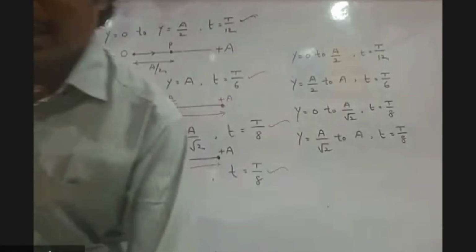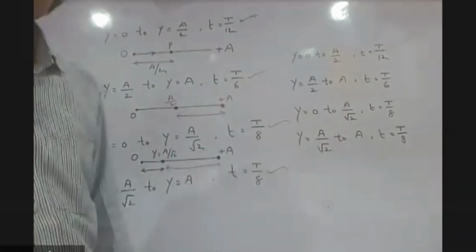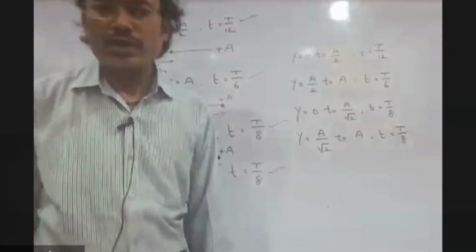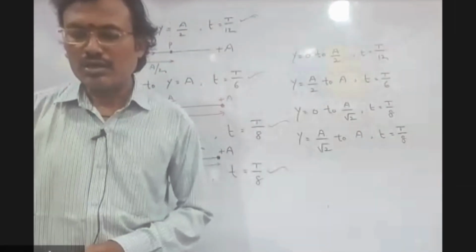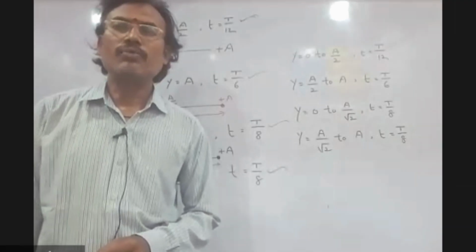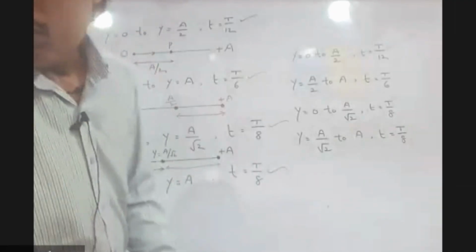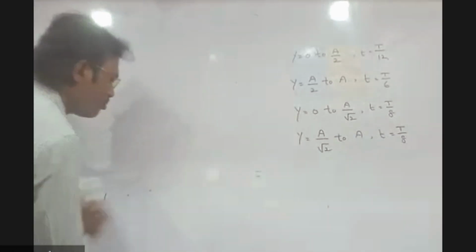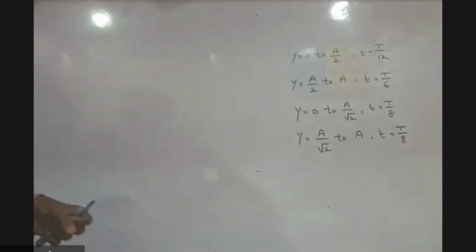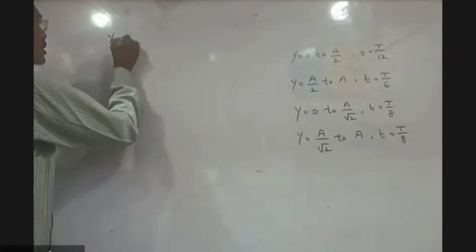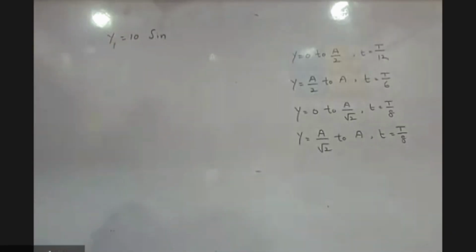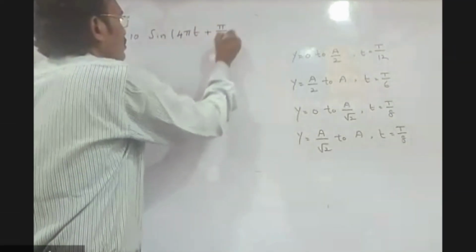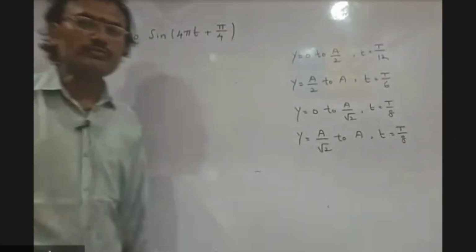Two simple harmonic motions are represented by y1 is equal to 10 sine (4 pi t plus pi by 4)